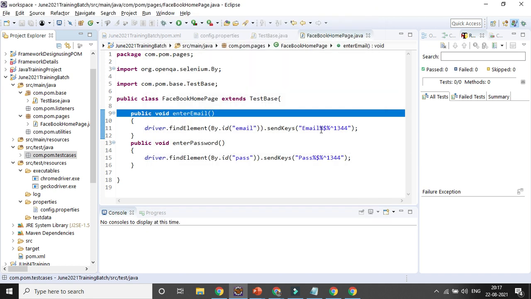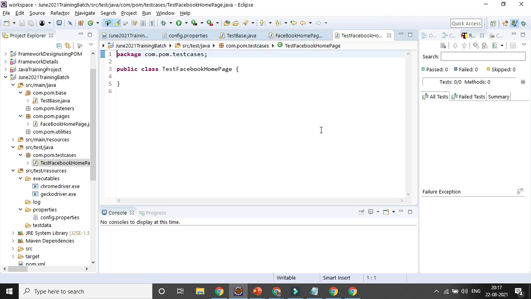Creating class here. So here I'll be using the test annotation, right? And I'll be creating a method public, or here instead of that one I can create some testng class, right? Instead of Java class.